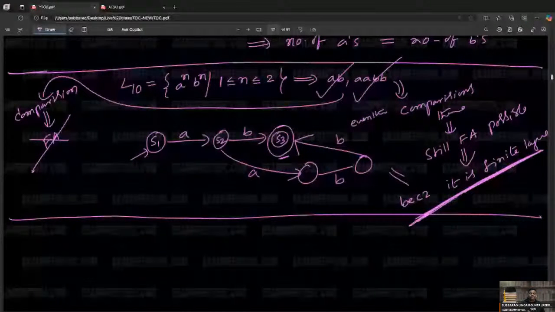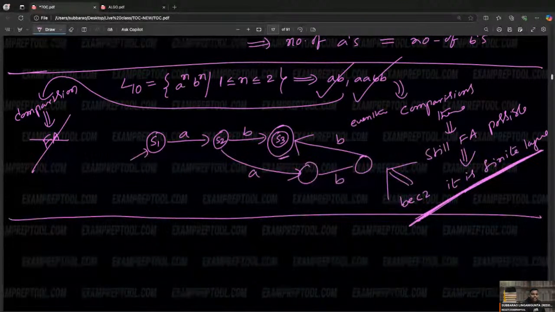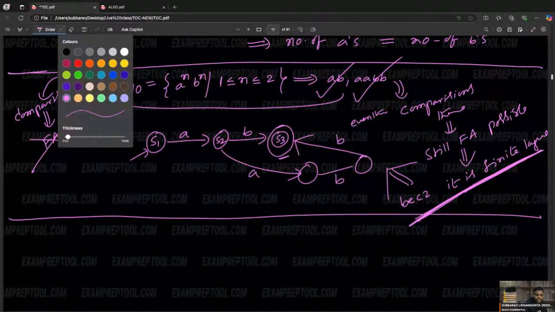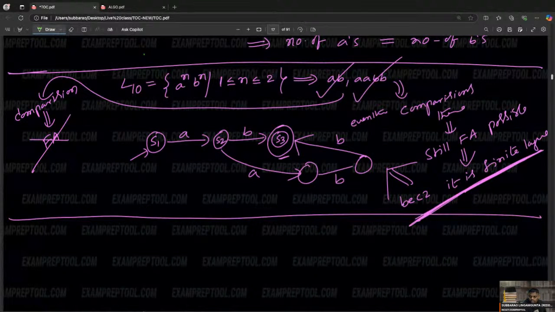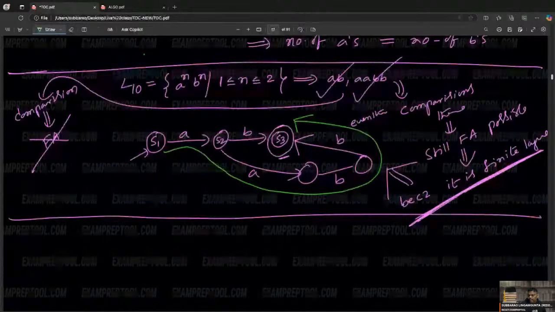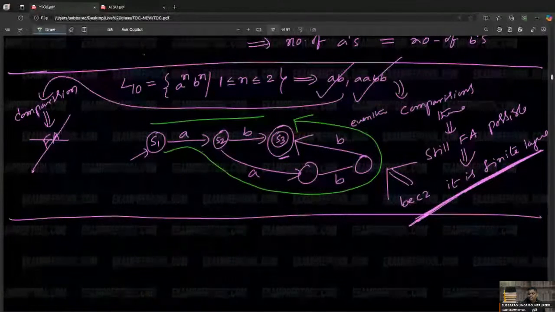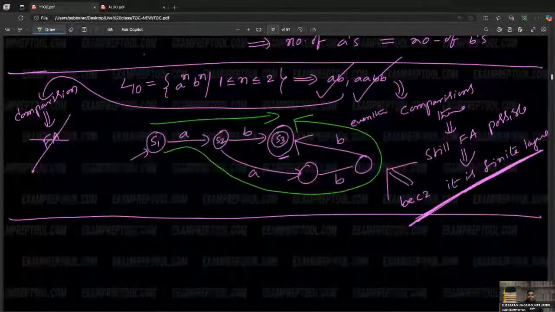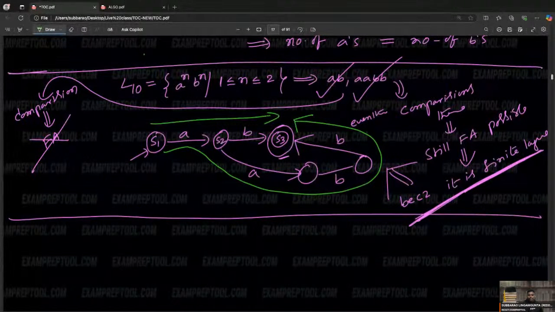It is possible. So double A, double B. If you want, you can check. Don't think much, you will get confused. See this one. Double A, double B. I start. Do I finally reach the final state by reading double A, double B? Yes, it is accepted. I started from the starting state by reading single A, single B. Do you reach the final state? Yes. You may not get the complete diagram.